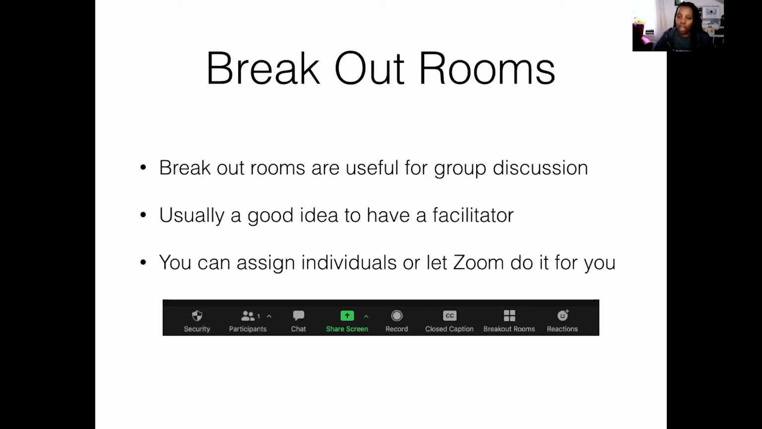And also, if you're holding quite a long meeting, it's good for people to be able to talk and to get involved. It's quite useful if you're doing online training, because you can send people away, let them discuss a topic, and then you can bring them back, and somebody from their group can share what that group has found. So it's a good idea, but I would recommend trying to have a facilitator if you can, because